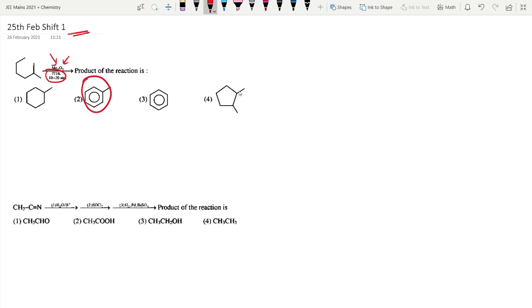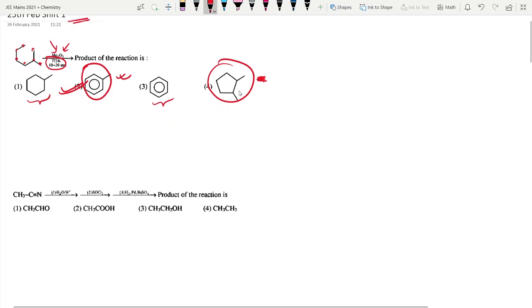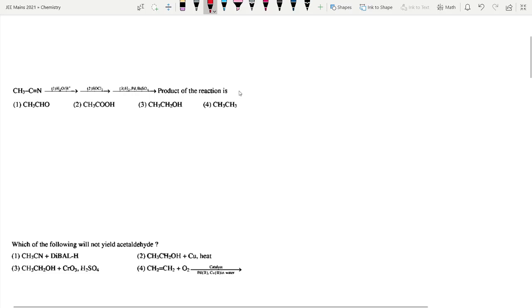Without the loss of any carbon, you have 1 2 3 4 5 6 7, so 7 carbons and an aromatic ring. This is the best option here because this thing will not be formed. This is stable, and this has the same number of carbon, but it doesn't look that stable. Because the temperature is high, we need something which is thermodynamically very stable. This is also okay, but I would like to go with option 2 here. Now let's move on to the next one.